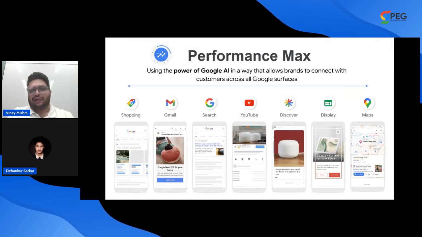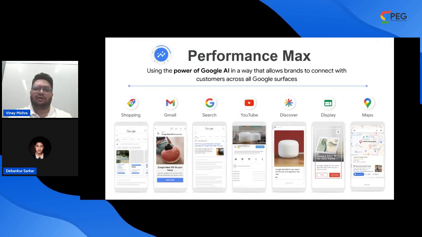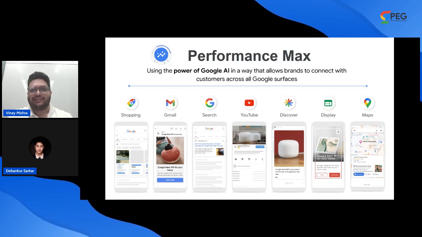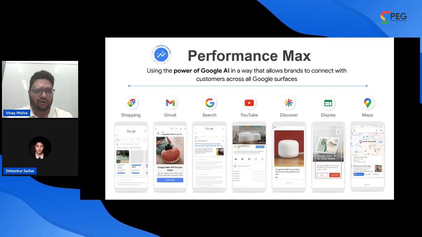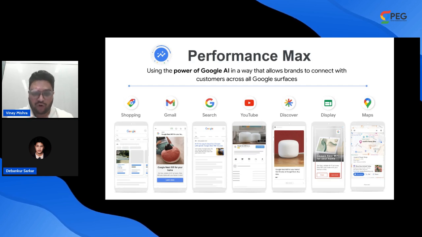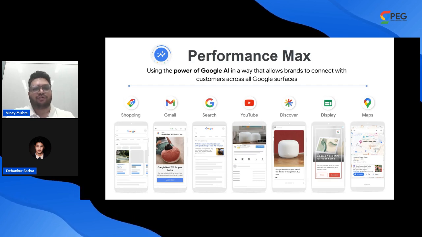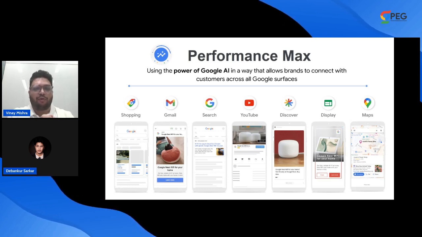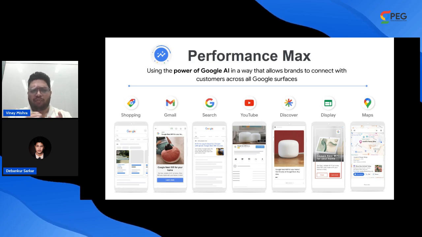And that's where Performance Max brings the best out of Google Ads. AI and automation together let brands like yourself promote your business across all Google surfaces. Performance Max campaigns help you increase your conversions across Google's full range of advertising channels and inventory. Performance Max now gives you the opportunity to buy ads from a single campaign across all Google properties, helping